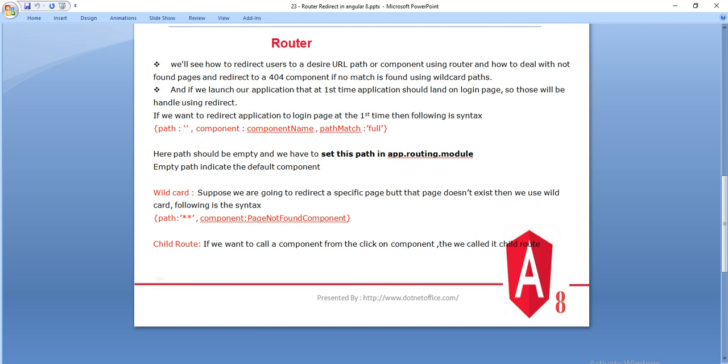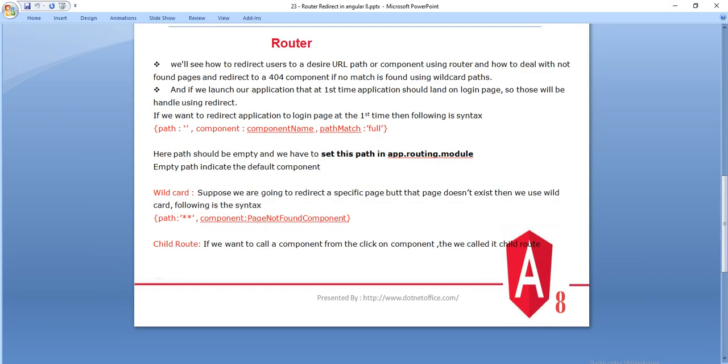In that scenario the URL will be home, and from this home we are calling about. So about us is basically a child of this home. That kind of scenario is called a child route.